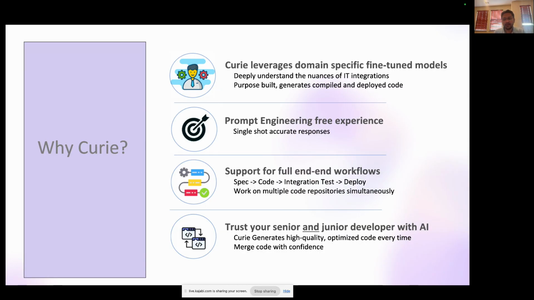So basically, just to give a small example, which I'll be showing in the demo as well. You'll just provide a small line of prompt, which you're intending to implement using our platform. Basically, Curie will start asking you questions. It will ask you questions until it has everything that it needs